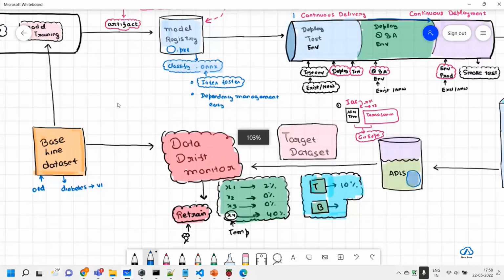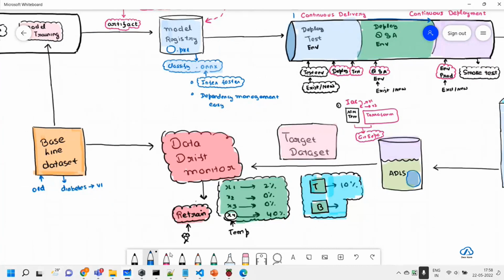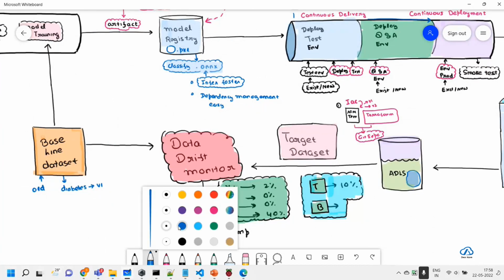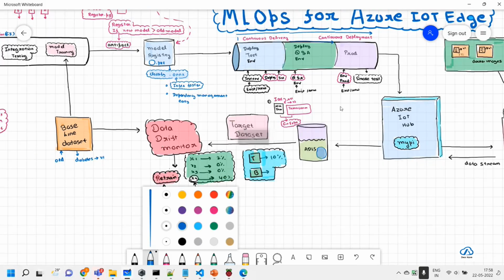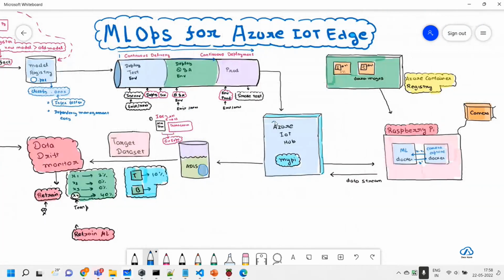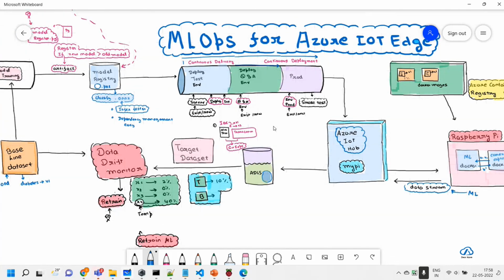One last thing. Notice this. Very important. Retraining part over there. So what have we done? If I zoom out, even if you deploy this to the IoT Edge, that's not the end of it, because we have to do the retraining when it degrades. So how do you know it degrades? The data stream which is coming from the IoT Edge or from your deployed ML solution, wherever it is deployed, it's not supposed to be only edge. Wherever you have deployed this, that data we collect over there, in any location, such as